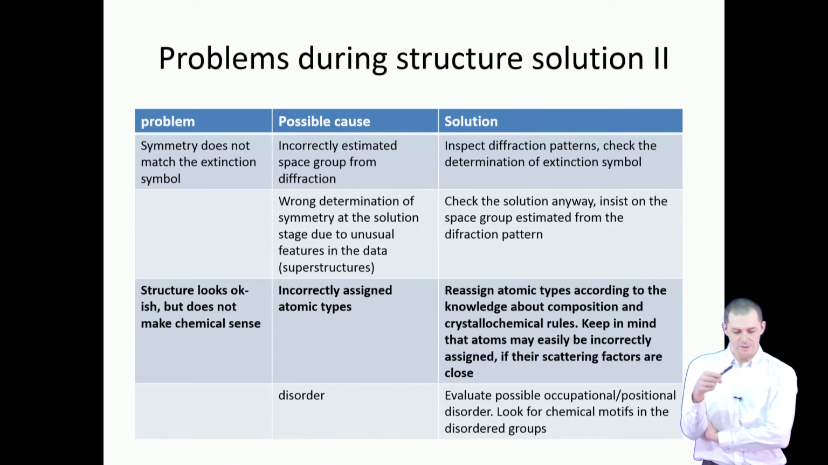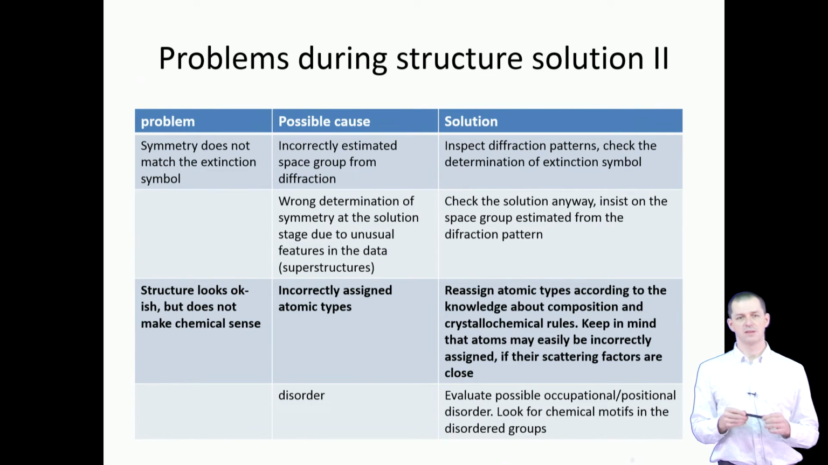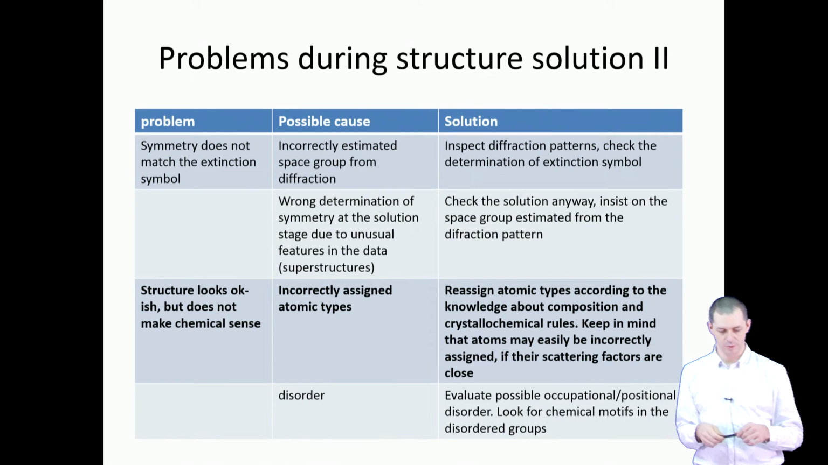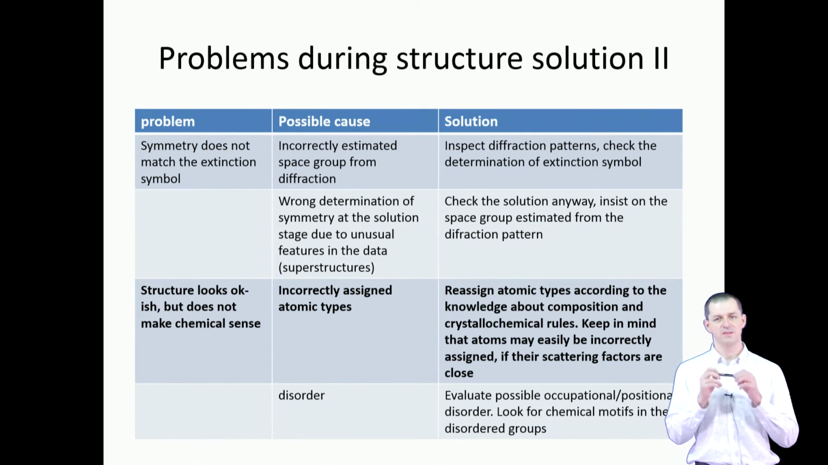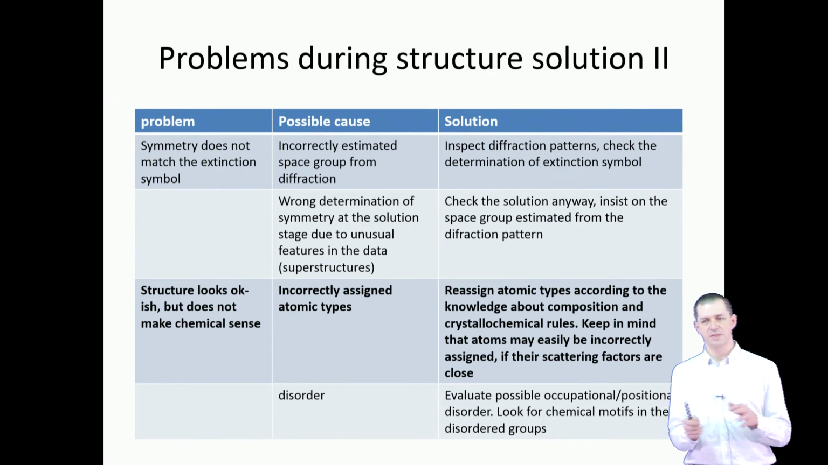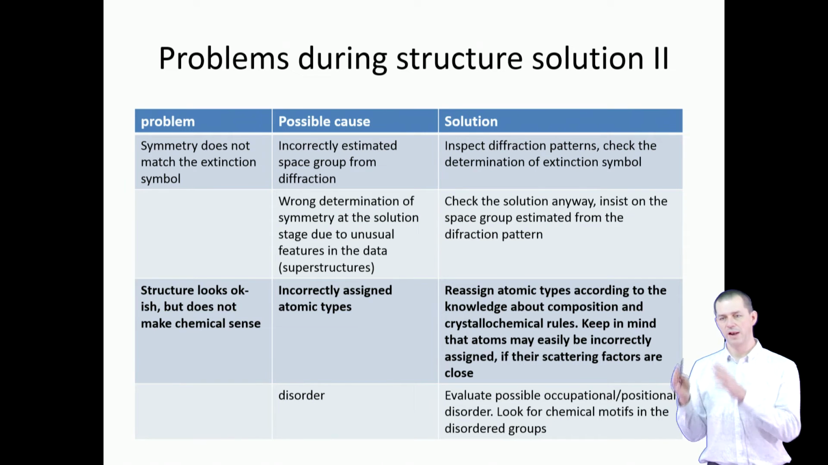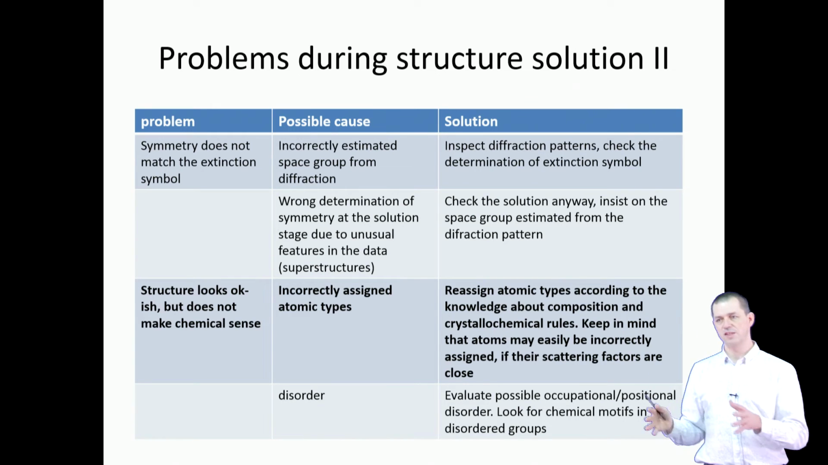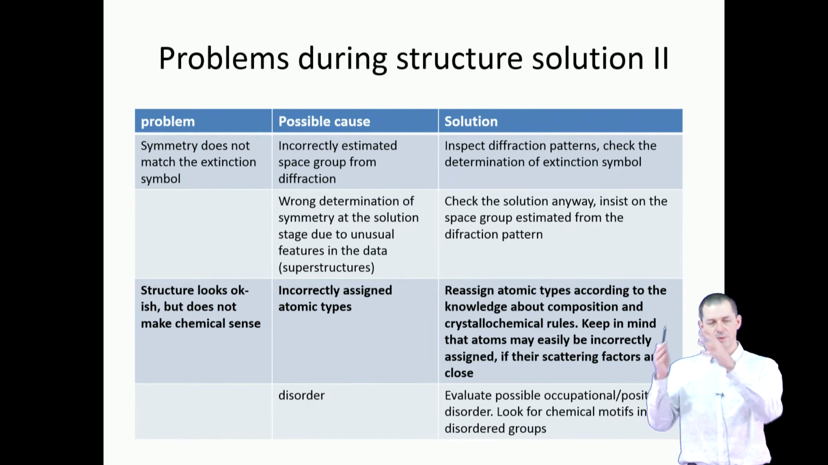Another possibility is that the structure looks okay. It looks in some sense meaningful, but it does not make chemical sense. So there are atoms bonded together which should not be bonded together, and this usually has a relatively simple explanation, and that is incorrect assignment of atomic types into the peaks in electron density. In the structure solution step, the step is actually not from diffraction data to list of atomic positions, but it is from diffraction data to electron density map. And then you get an electron density map which has maxima, and in the next step the maxima are interpreted